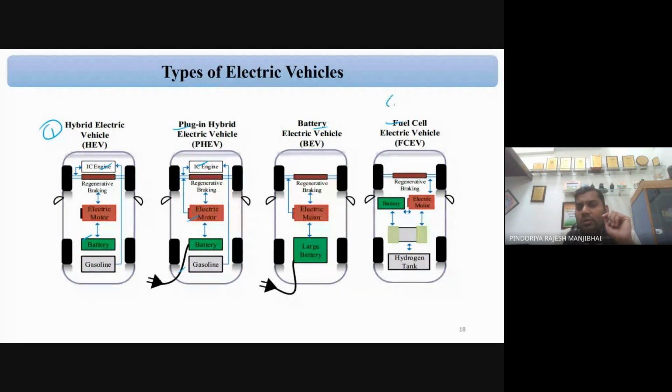And nowadays that is your green hydrogen. Nowadays people are working on the green hydrogen vehicle, and that is nothing but a fuel cell electric vehicle, because there are so many disadvantages in the battery operated electric vehicle. So that's why people are now thinking about how we can replace the battery operated electric vehicle with the fuel cell electric vehicle. Okay, so maybe you can consider this topic, the fuel cell electric vehicle and how we can control it. So that is also part of your topic. Okay,